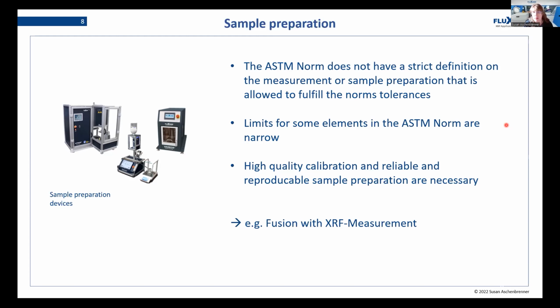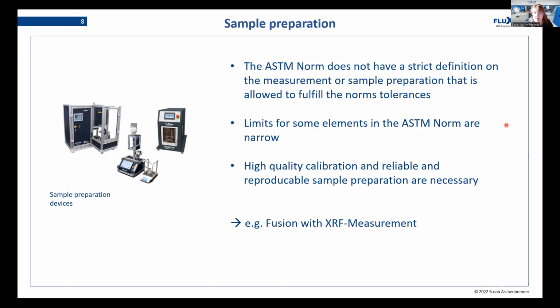But what you have to keep in mind is that these limits I showed you before are kind of narrow for some of the elements in this ASTM norm. And that means that you need a very high quality calibration and a high quality sample preparation to meet these, for some elements, narrow limits of the norm. High quality calibration, we are going to talk about this later, but in terms of sample preparation, it means the sample preparation has to be reliable, it has to be reproducible,